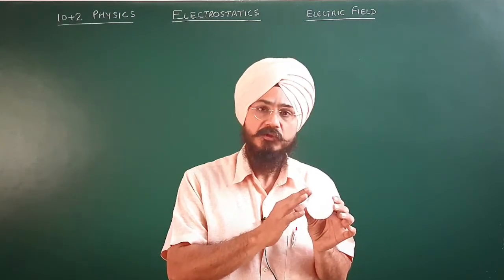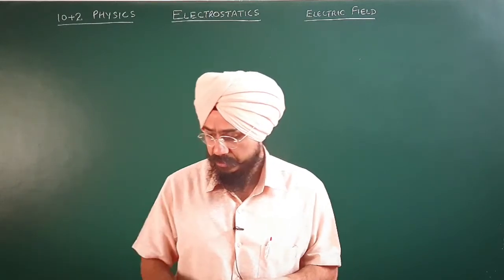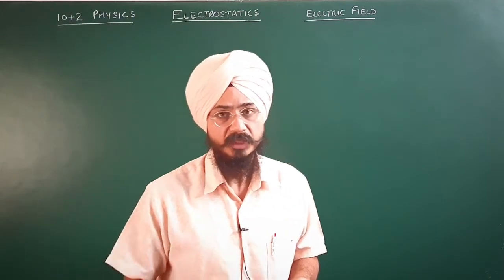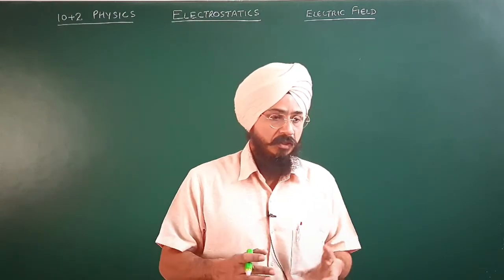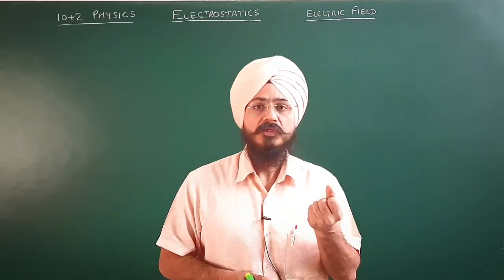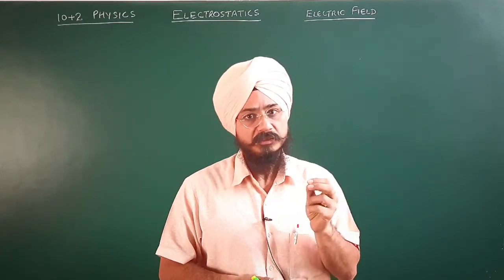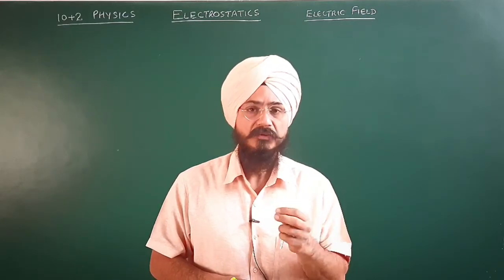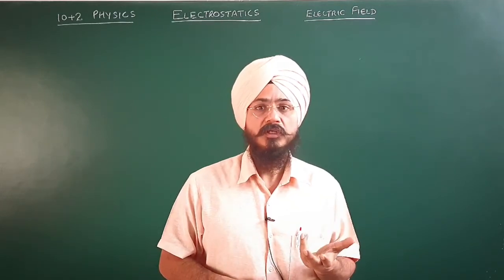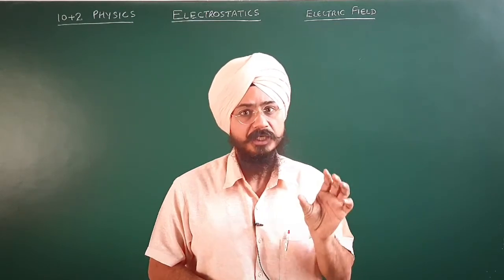The electric field of a continuous charge distribution cannot be found directly, because what we have done earlier in this chapter was to find the electric field of discrete charges. What are discrete charges? Like if you have a bunch of seeds, you can count them: 1, 2, 3, 4. So these things are discrete. You have some pebbles, some stones, some small things which you can count individually. Those things are called discrete things.